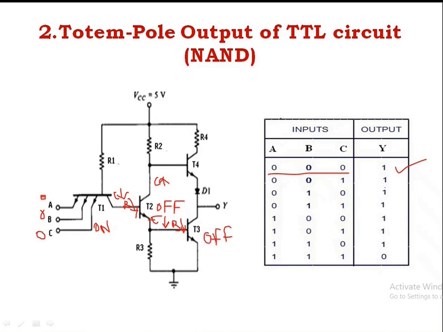Now coming to the fourth transistor. The collector is high, so you are getting a base high. Now the transistor will be on. Once the transistor is on, your collector emitter voltage will be low. Once the emitter voltage is low, diode D1 is off. Once D1 is off, there will not be any connection. Now you have to take your output only from T3. T3 is off, which means the collector is high. Once the collector is high, you will get a high voltage.